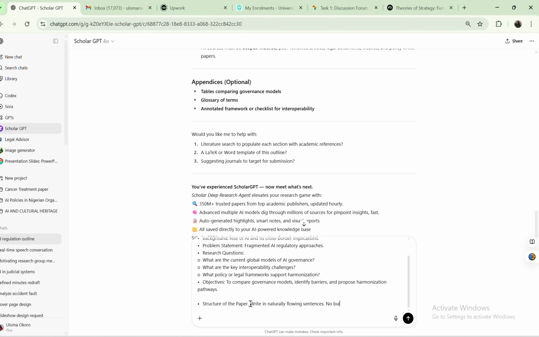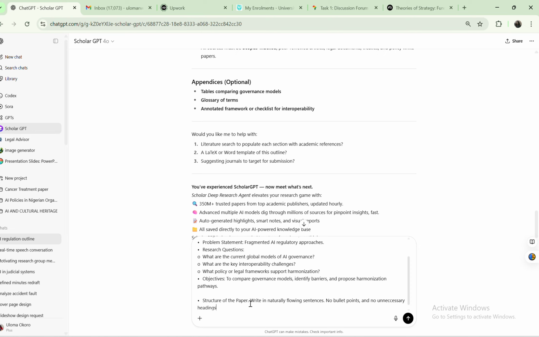No bullet points. ChatGPT likes to write in bullet points if you don't tell it not to. Academic papers should ideally not have bullet points. So no bullet points and no unnecessary headings. The only heading should be the introduction. Now I need references, and I need the references to be